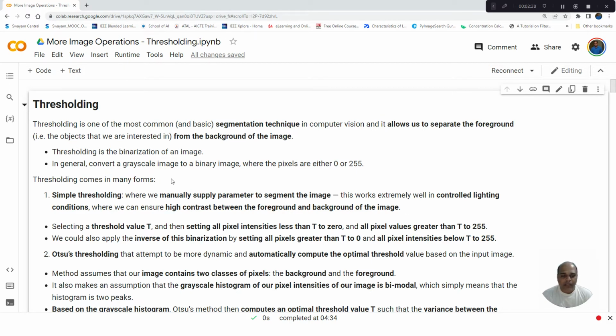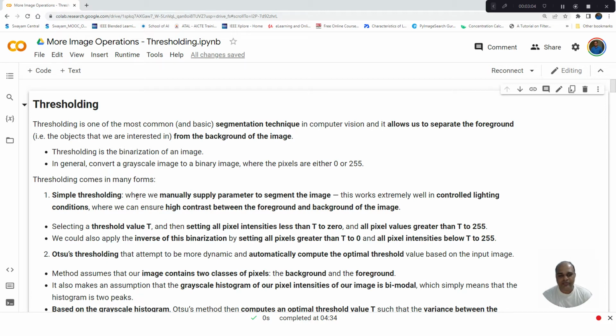The problem with simple thresholding is that it is very difficult for a programmer to decide what the threshold value should be for a particular image. This threshold value will vary from image to image based upon its content, so it is very difficult to select a threshold value which is optimum